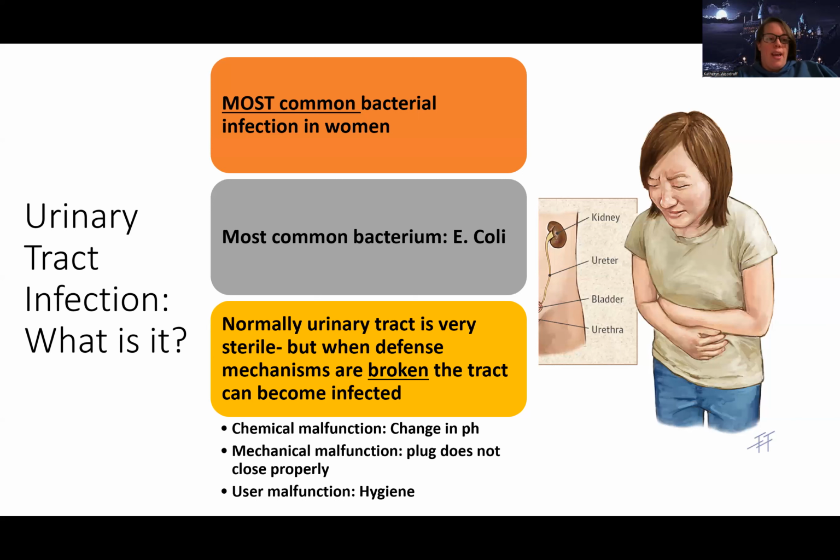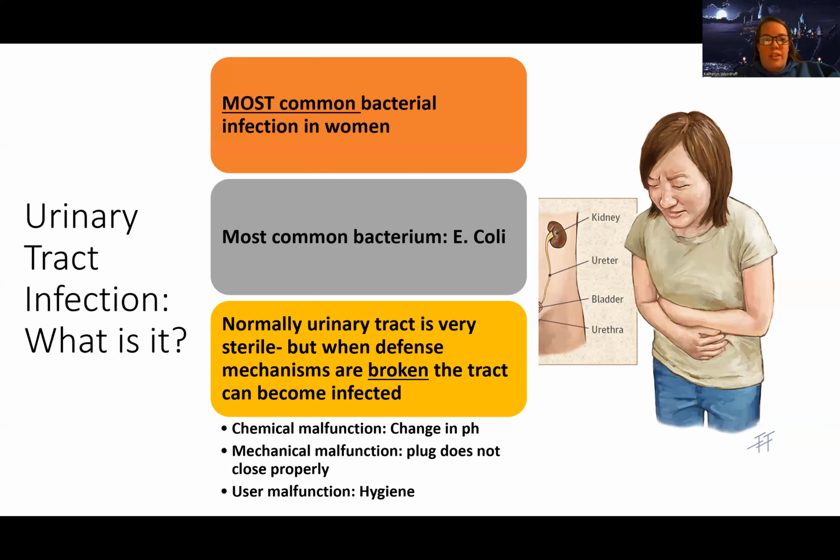So a UTI, or a urinary tract infection, is the most common bacterial infection in women. It's most often caused by the bacteria known as E. coli or Escherichia coli, however you say that. And what's happening here is normally the urinary tract is a very sterile, clean place. But sometimes those defense mechanisms that help to keep it sterile and clean are broken down, and this is what